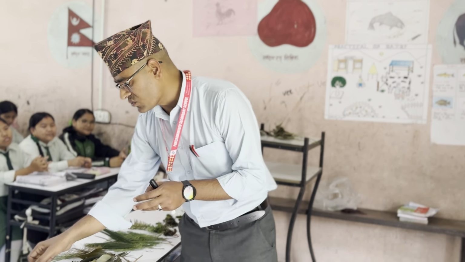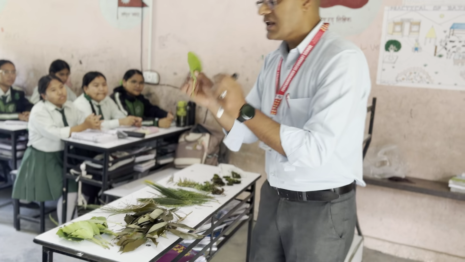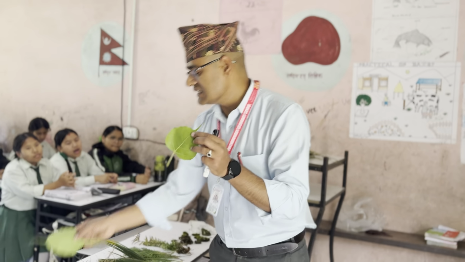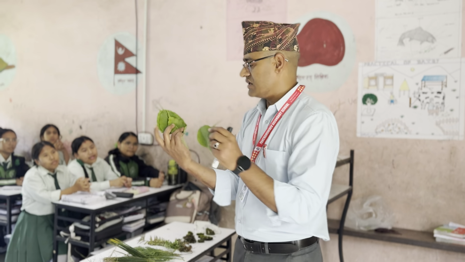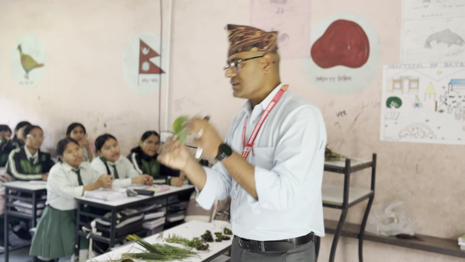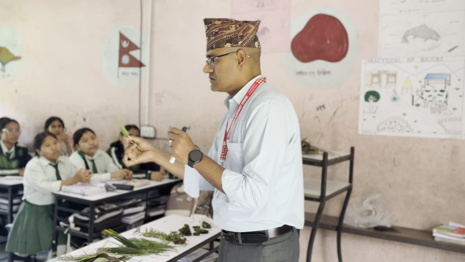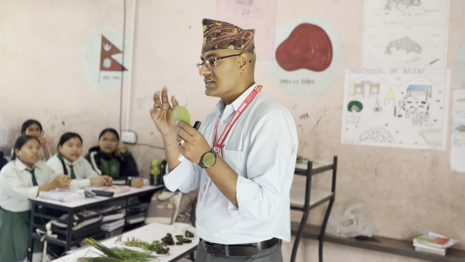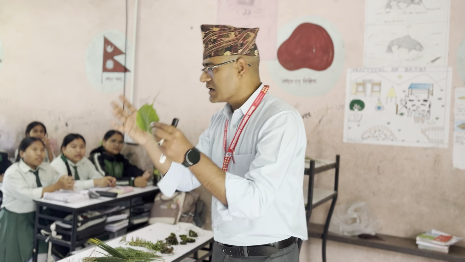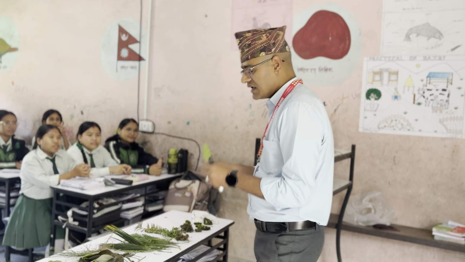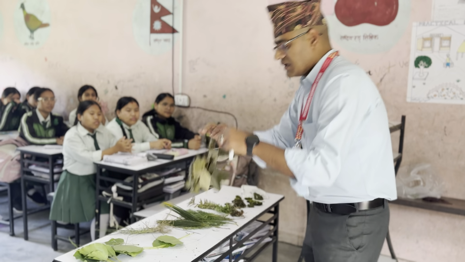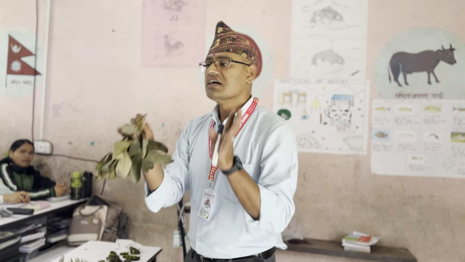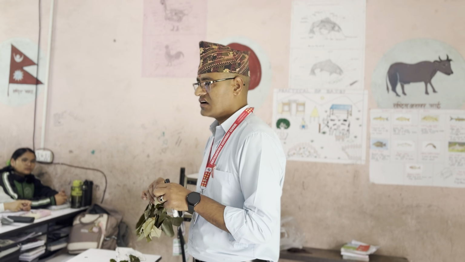This is an example of monocot. Likewise, I have a dicot, which you have seen, very local in your surroundings. What are the characteristic features of a dicot plant? It has a taproot system, reticulate venation in the leaves, and a strong stem, and the nodes and internodes are not distinct.